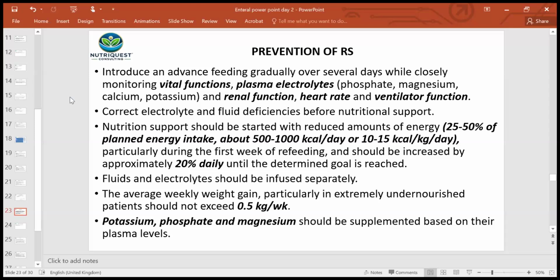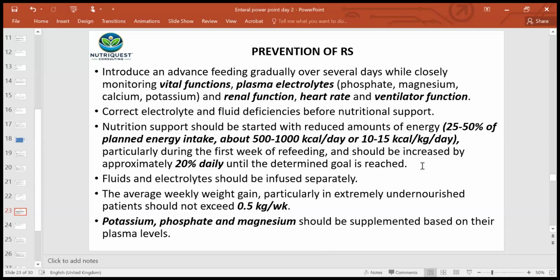About 500 to 1,000 kcal per day or 10 to 15 kcal per day. You could see that you can start at a low volume intake. So be sure that you are able to know at what rate you need to start your feeding. So it is very, very important that you can start low. Usually we advocate 25 to 30 kcal per kg per day, but to avoid refeeding syndrome, please, this is going